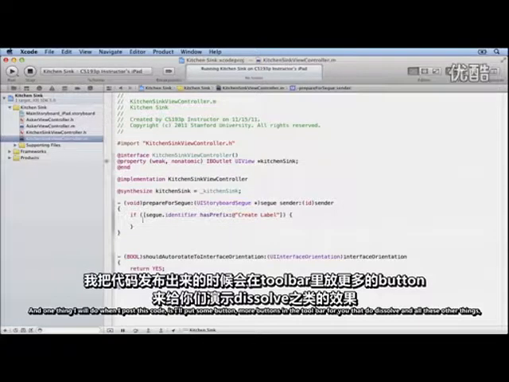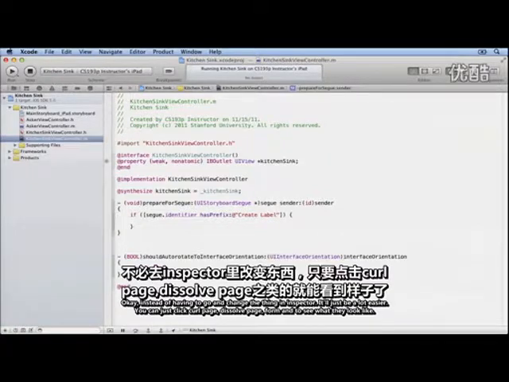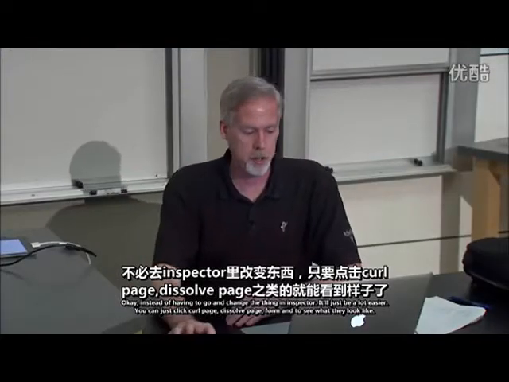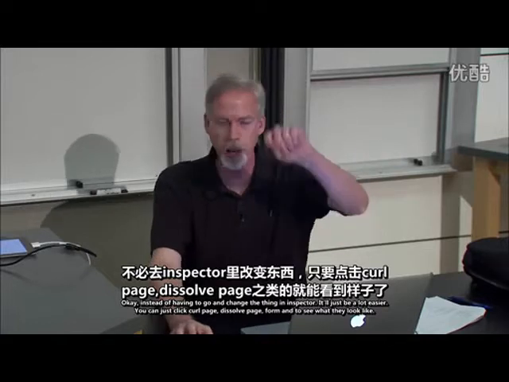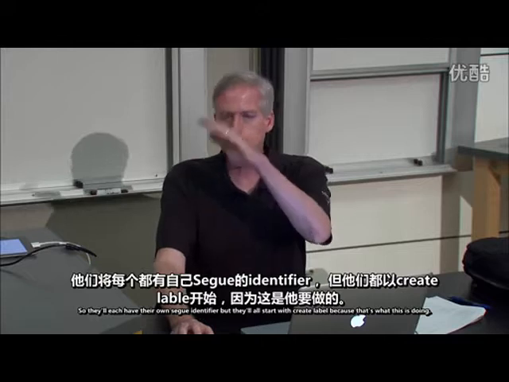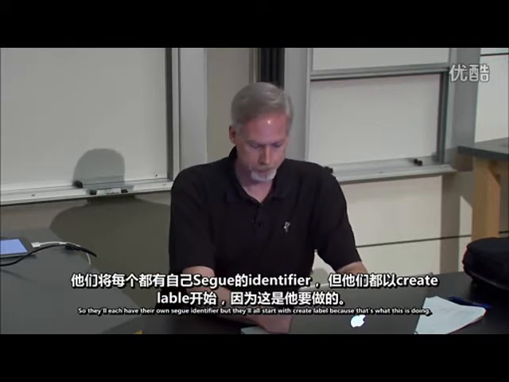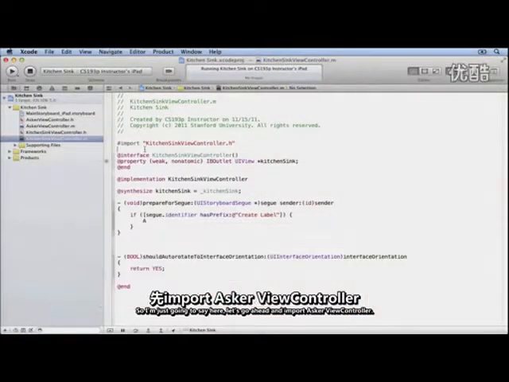One thing I will do when I post this code is I'll put some more buttons in the toolbar for you that do dissolve and all these other things. So you can just click on them and see what they do, instead of having to go and change the thing in the inspector. It'll just be a lot easier. You can just click curl, page, dissolve, page, form, and just see what they look like. So they'll each have their own segue identifier, but they'll all start with create label because that's what this is doing. So let's go ahead and import asker